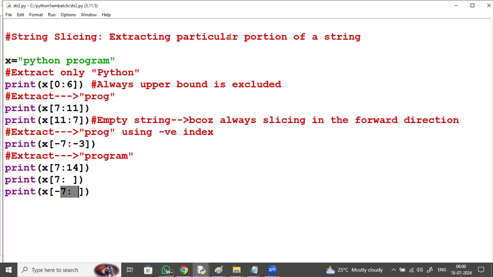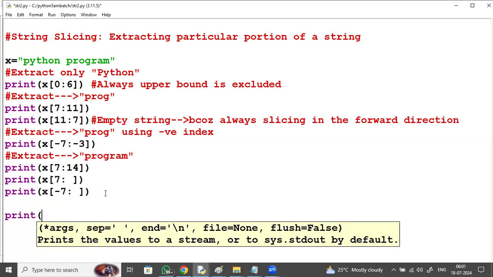-7 to end of this, right? -1, -2, -3, -4, -5, -6, -7. -7 to end means up to this. 7 to 14 means 7 to 13 it will consider, right? The same way, if I ignore this lower bound, if I don't provide this lower bound,